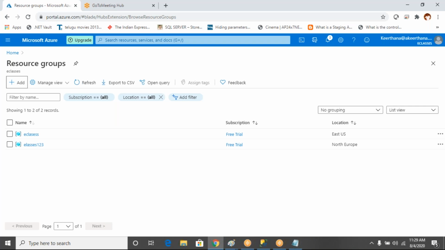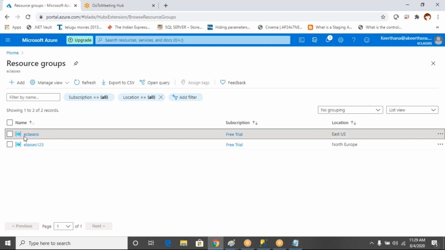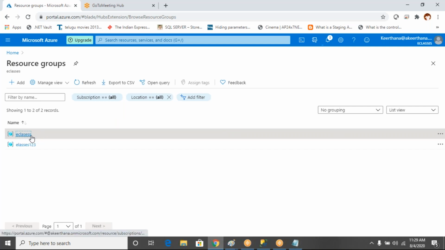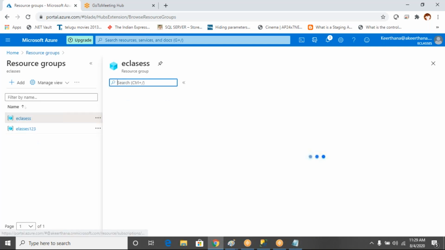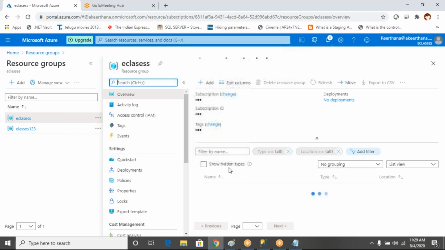Alright. So I created a resource group manager. Under this resource group manager, I don't have anything as of now. I don't have any resources created over here. Now what I'm going to do,